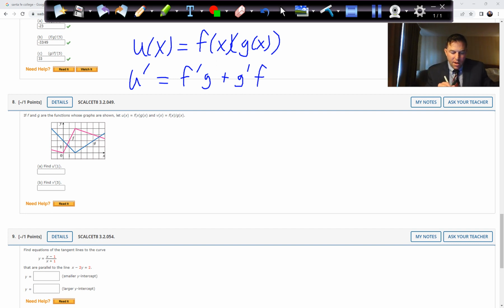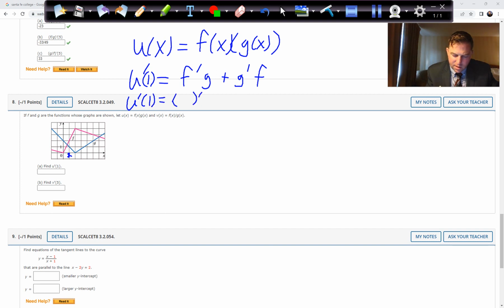Now, with these straight lines, we're going to have to get the derivatives by looking at the slopes of these lines. And where did they want this evaluated? They wanted this at 1. So x is 1, which is right here. Let's just get the regular numbers. So f prime,